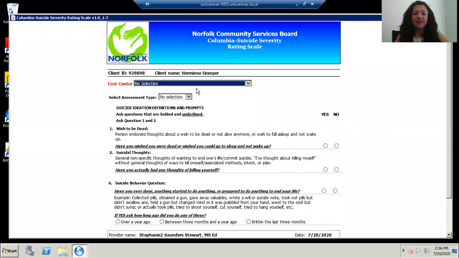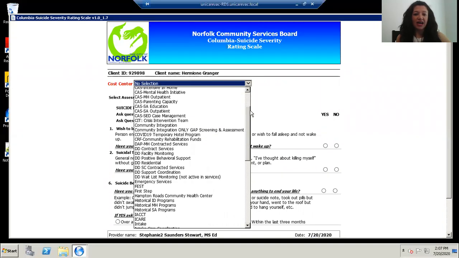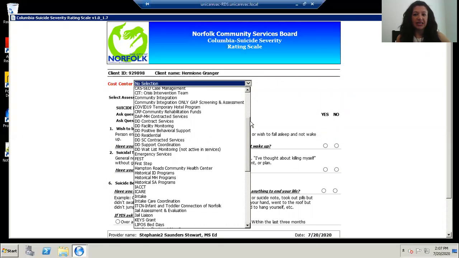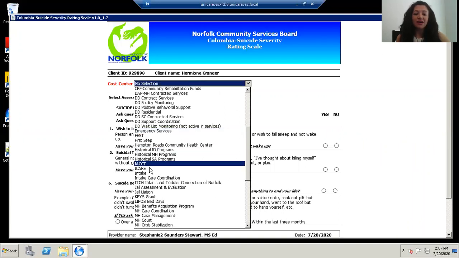Okay, so once this loads, it's going to pull the person's ID number and name at the top, and then you select in the drop-down which program you work for that you're completing this suicide scale. Okay, I'm going to use iCare as an example,